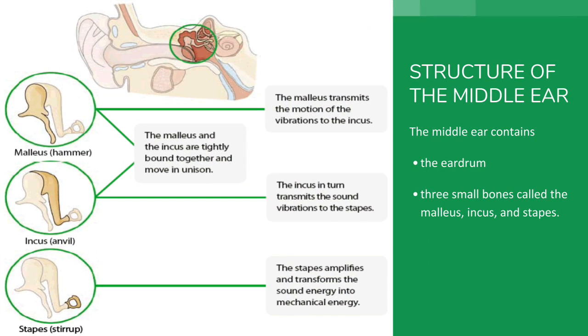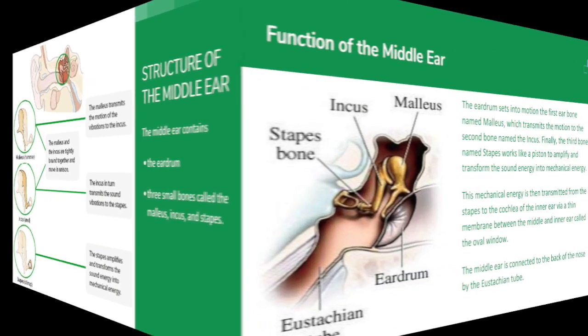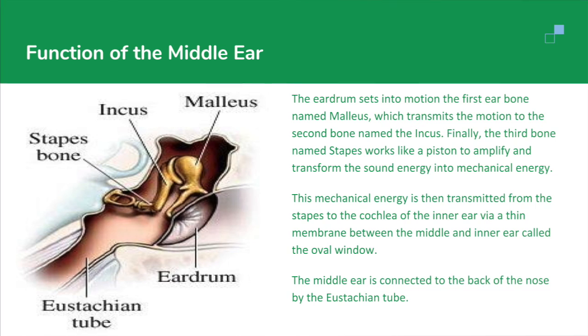Structure of the middle ear. The middle ear contains the eardrum and three small bones called the malleus, incus, and stapes. Function of the middle ear. The eardrum sets into motion the first ear bone, named malleus, which transmits the motion to the second bone, named